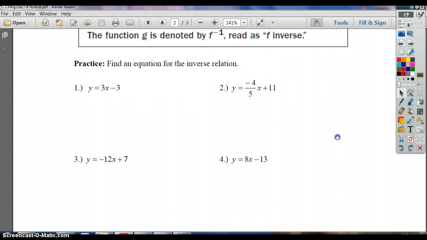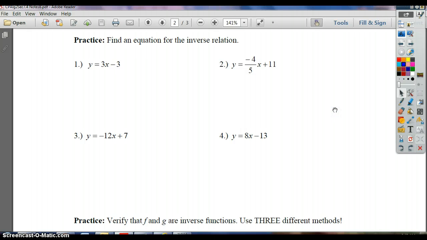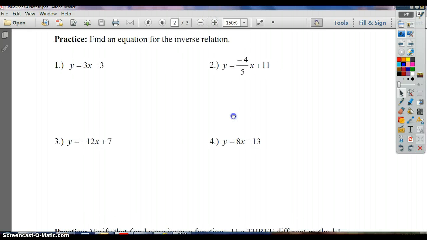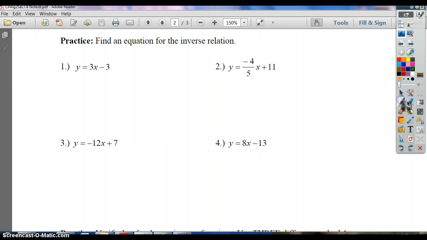So shifting down, solving for an actual inverse relation. We'll do 1 and 2 here, and I'll give you a little bit of a break, or you can hit pause whenever. Find an equation for the inverse relation. So this is my original. What I need to do is I need to switch x and y. So I'm going to put x here, I'm going to put y here. So switch the x and the y,